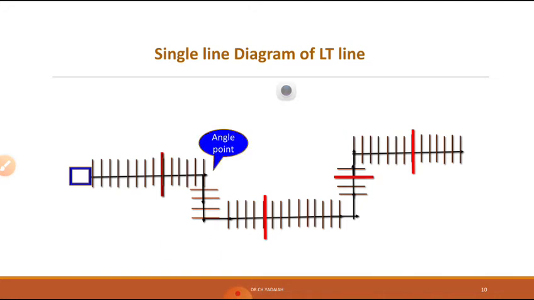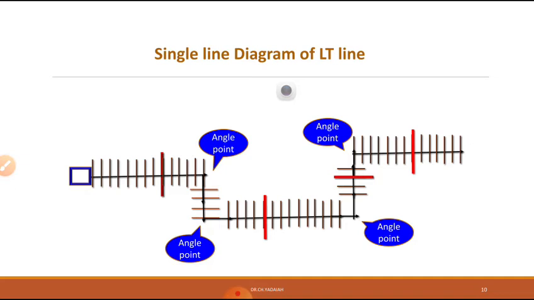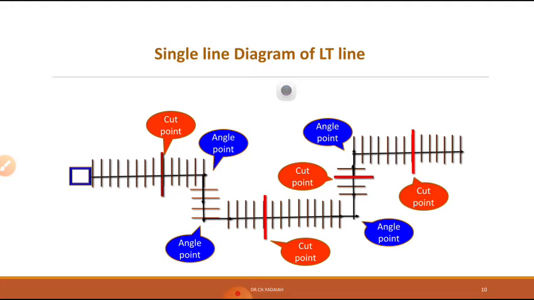So here what are the factors you have to remember? These are the angle points. Where you are going to use the angle points, you require shackle insulators, stay sets, and opposite direction stay sets. This should be kept in your mind. Now what are the cut points? Whether every fifth pole or some places you will give the cut points, where cut points are just jumpers that we need to operate whenever a problem occurs or to rectify a fault occurring during any season. And next, earth set every fifth pole and stay set every fifth pole. These are the simple calculations.